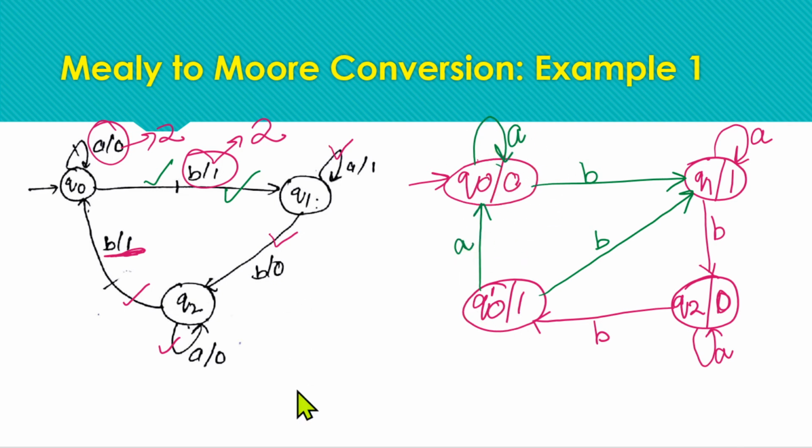This is the way we convert the transitions from one state to another state, or how to convert the self loops in the Mealy machine into the equivalent Moore machine. So this is the equivalent Moore machine for this given Mealy machine, right? So you can note down these conversion machines.